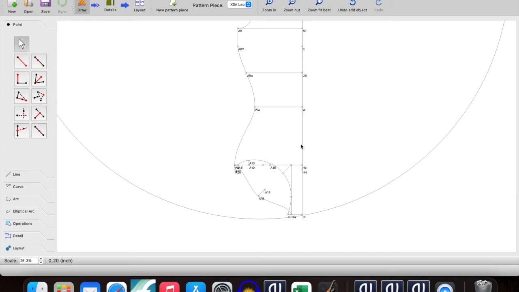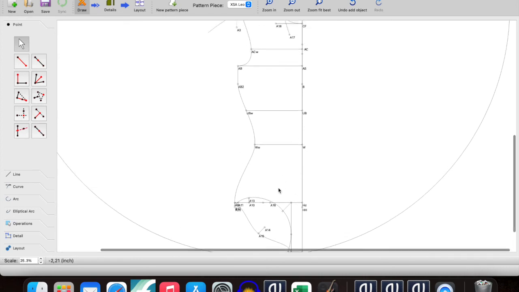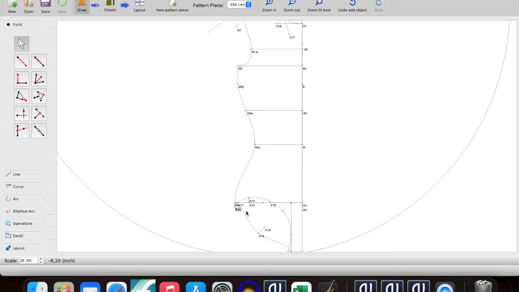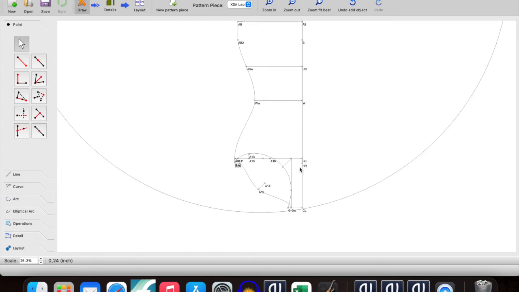That's like getting into like V-line territory, and I don't know. No. My preference of style is a lower brief. Now this is still, for me, this is still a high brief, because if I put in crotch depth,